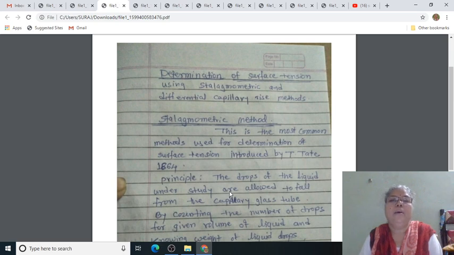liquid. For the last lecture we have seen the physical properties, that are the properties which are studied without change in chemical composition, and the physical properties are grouped into four classes, such as additive properties, constitutive properties, then purely constitutive properties, and colligative properties. And we have seen one by one all these properties with their examples.